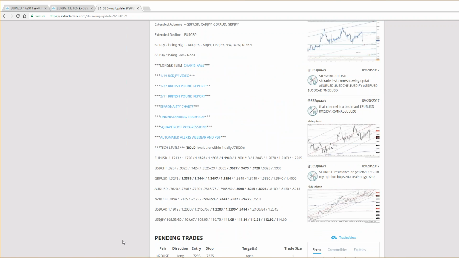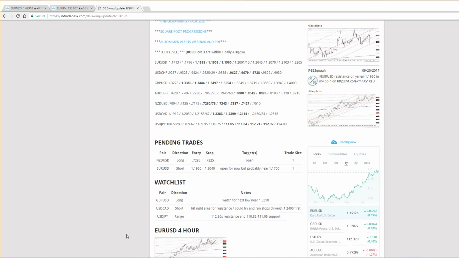As far as Twitter, Raphael will only put changes on Twitter for altering this. So if we want to bring in our stop, or if we want to bring in our limit, or if we want to get out at break even, any type of change that you'll see to these will be on SB Squawk. And those will be accompanied by hashtag trade. So anything on SB Squawk that comes out with a hashtag trade on it, you can set an alert, by the way, if you'd like, so you get a message anytime that we tweet something with that. That'll be an alteration to either a setup that we have or a trade that we're currently in.